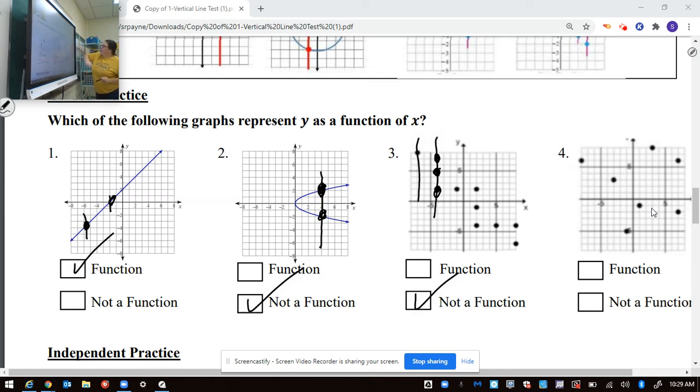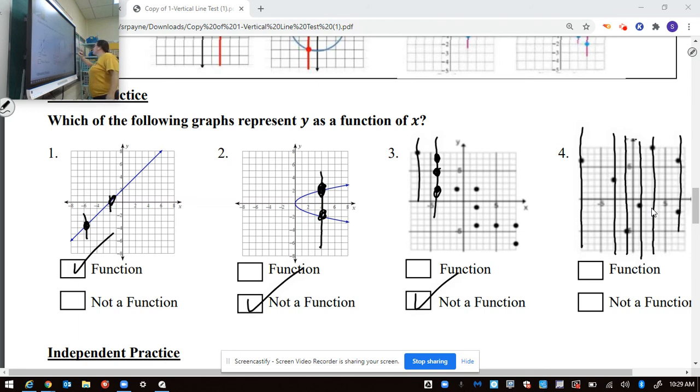And let's go ahead on number 4. When everything's spread out like that, I make long vertical lines, or I go ahead and I list my coordinate points. And I can see whether you list out the coordinate points or you draw your long vertical lines, they almost got us. On this last section right here, it cheats. So that is not a